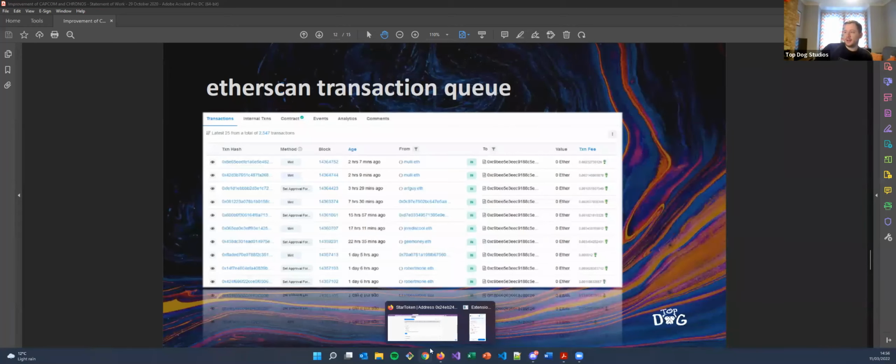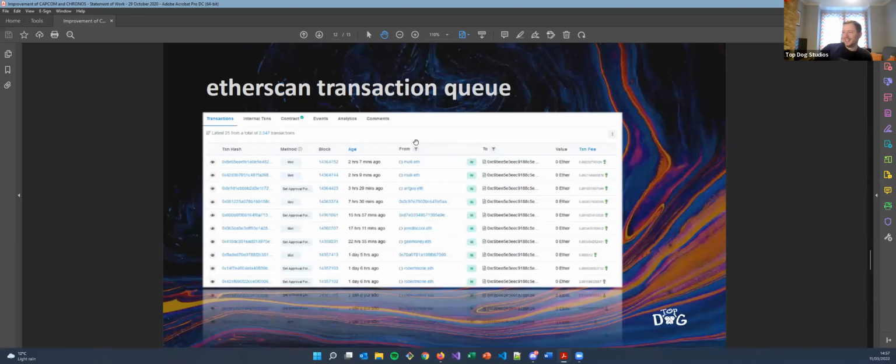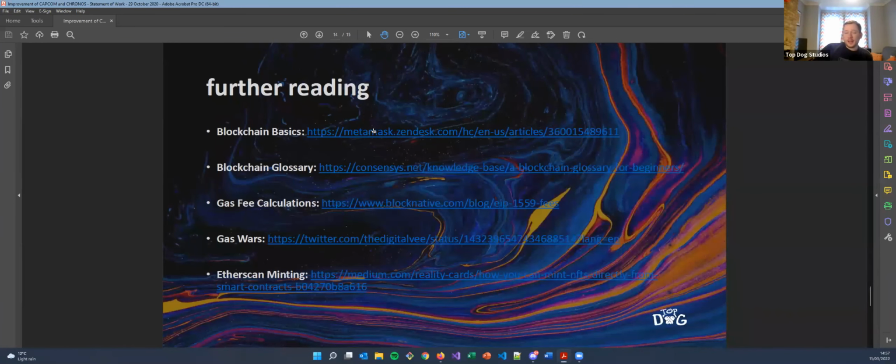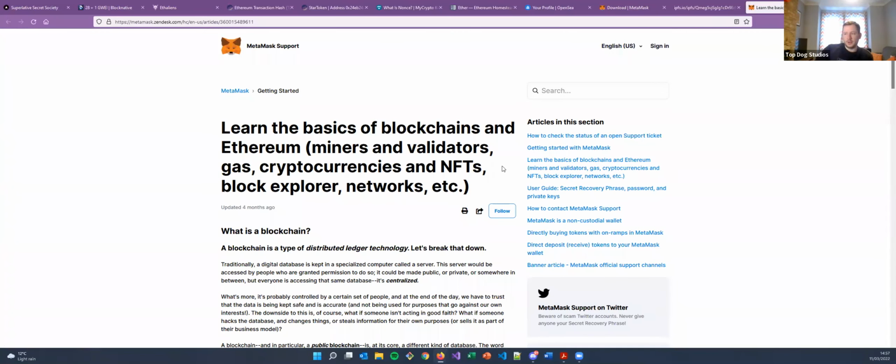There's one more Etherscan page, which I think is, oh no, sorry, we did go over that one. It's just in the wrong order in my slide pack here. So yeah, I do think that's actually all I have planned for the workshop. Like I said, there are some really good further reading documents that can level up your understanding even further. Blockchain Basics from Metamask, I think, is a really good one, and this goes into detail on